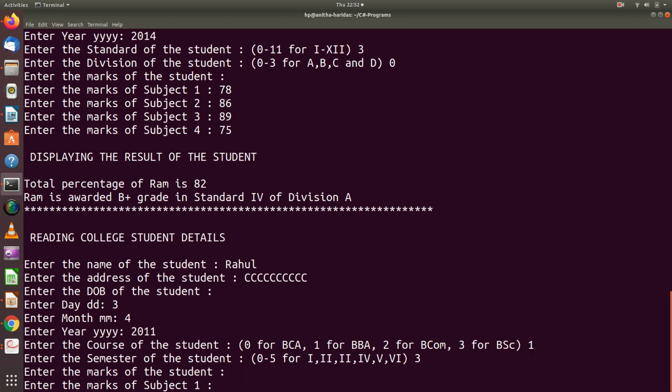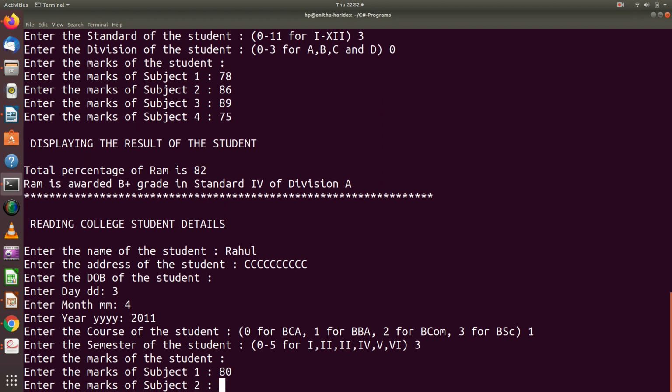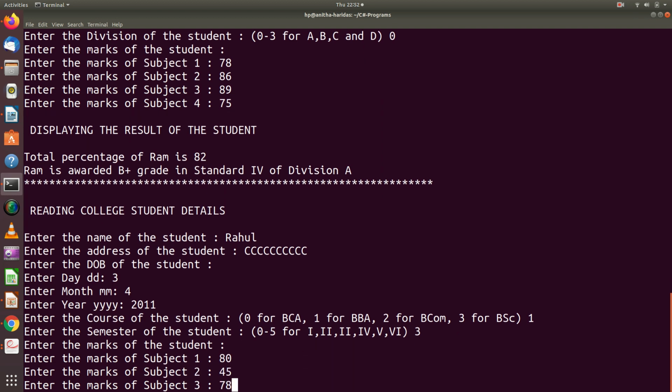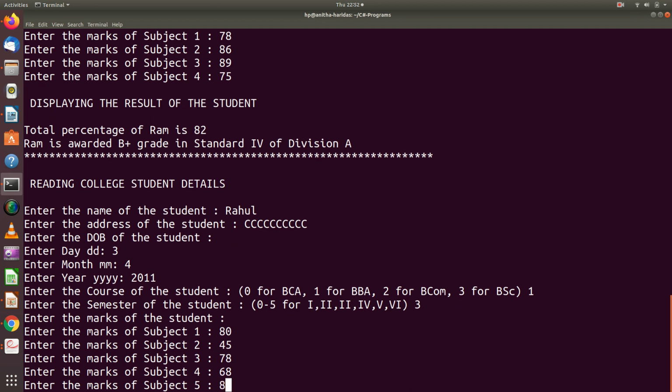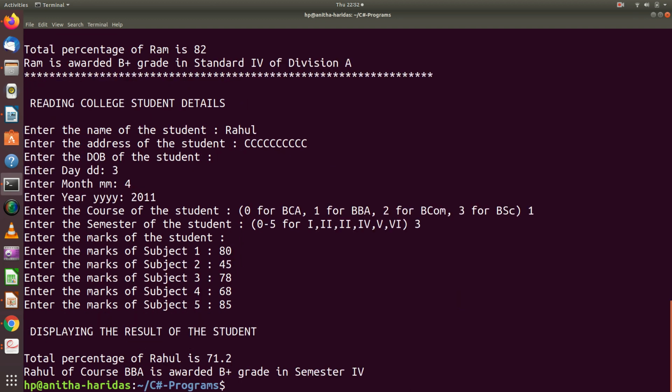You can start entering the marks now. 5 subject marks you have added. Now it says displaying the result of the student. Total percentage of Rahul is this percentage, and Rahul, of course, BBA is awarded B+ grade in semester 4.